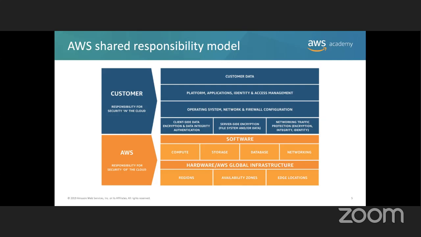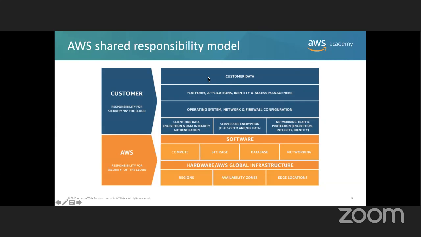Let's say that we talk about, for example, IAM, right? The security of IAM is the responsibility of AWS. Your responsibility is your account, your services, your interaction between services, your users, your groups. You are responsible for that. AWS makes sure that IAM is working properly. That's what matters here.